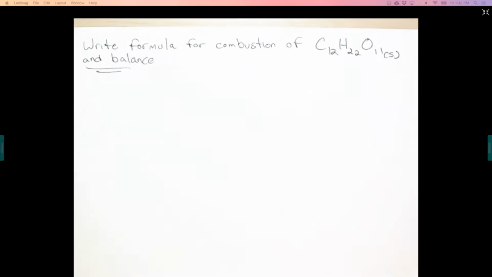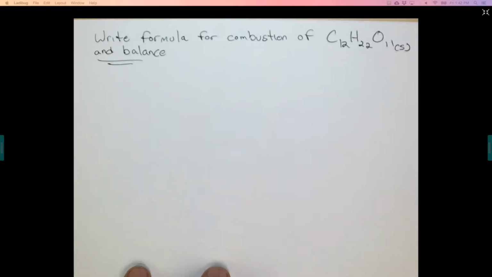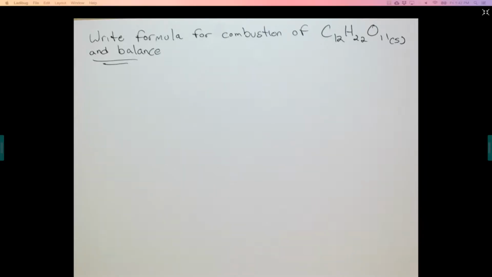I've gotten some questions about stoichiometry, balancing equations, and particularly looking at incorporation of enthalpy into some of the stoichiometry problems. So that's what we're going to try to do here. When we're talking combustion, which is a pretty common type of problem that we see, I wanted to look at writing a formula for combustion of a carbohydrate and balancing it, right? Because a lot of students are having issues with just getting this part done, and this should not be where our students are stumbling. So, combustion reaction, as soon as we hear that, we should be thinking